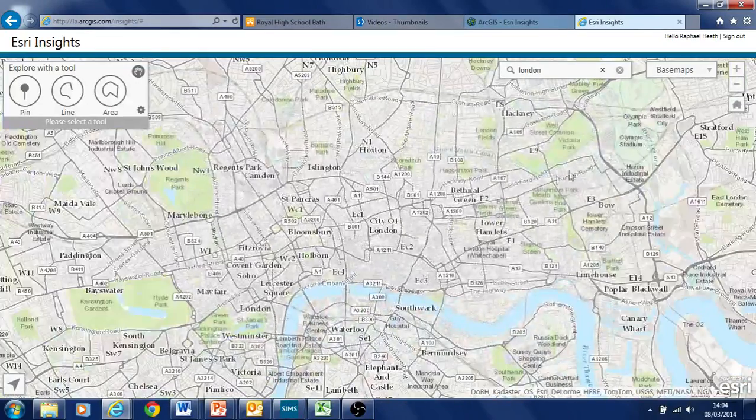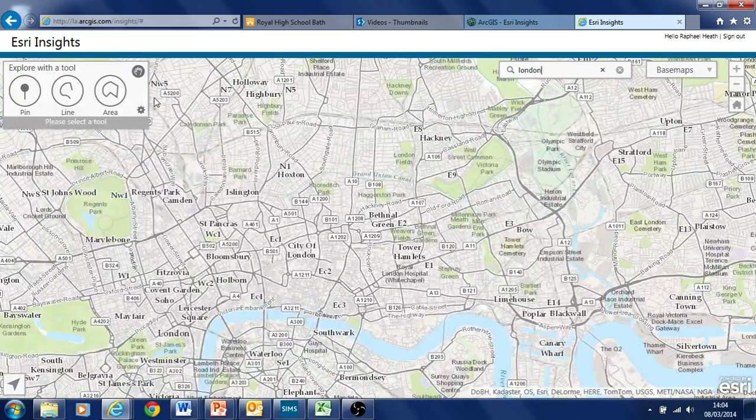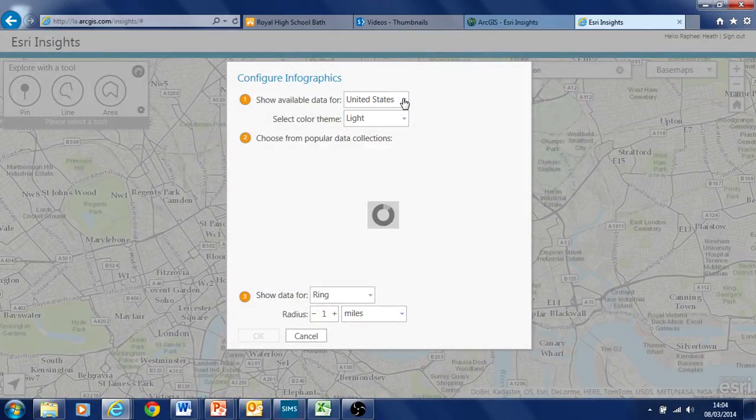Just going to pick my zoom extent. There we go. That's good for what I'm trying to do. And you can see a little cog here for configure. So I'm going to configure it first, and you'll see here it comes up by default as United States, where